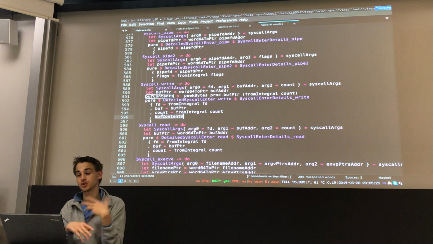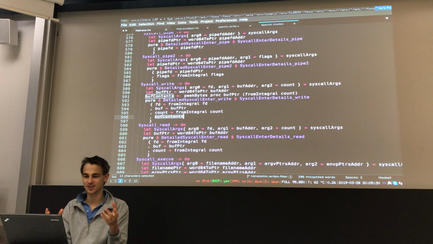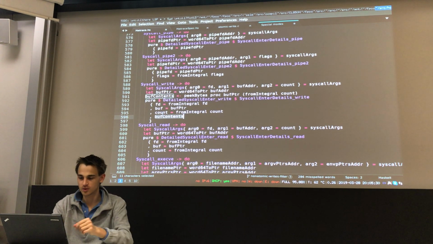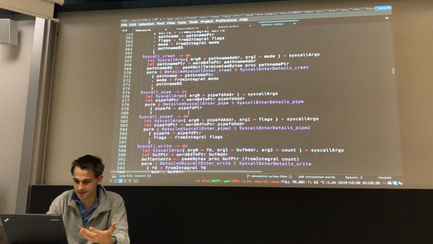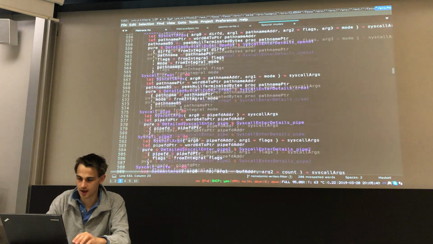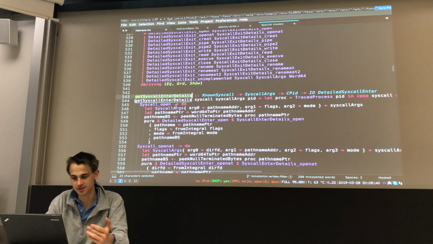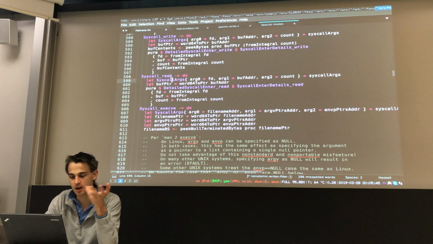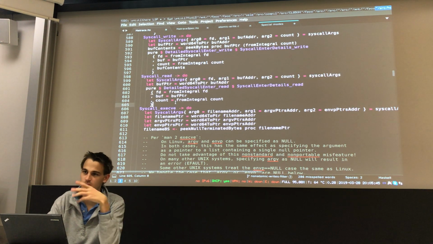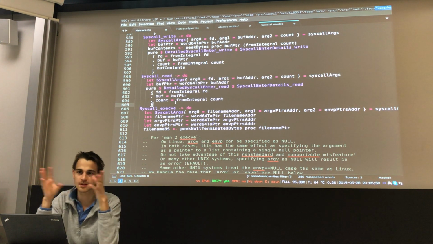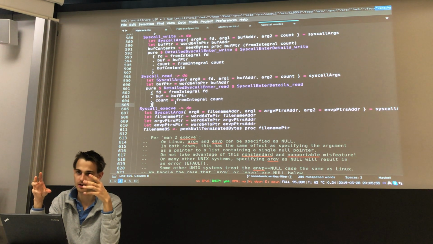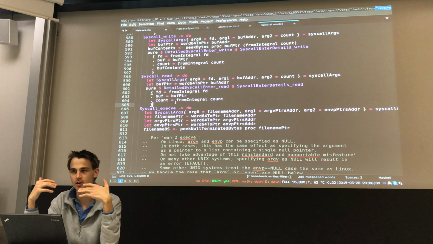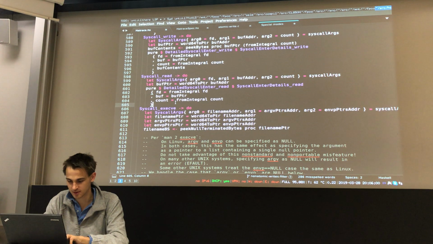So if you want, which you do want of course, to add new syscalls to Hstrace, what you would do is you would create one entry in these sum types of which syscalls exist and have details. You would create one entry for get syscall enter details, where you peek out the data in here. So in most cases this will be peeking out some data. If it's a simple type, it's already there in the integers as registers, and you just need to cast. If it's something more sophisticated, it will usually be a string which you peek out, or in some other cases it might also be